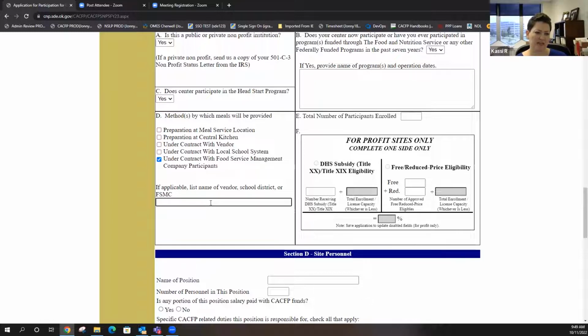On 3A, you tried to update and it states number of meals may not exceed license capacity, which is correct. So Cora, are you a school, a daycare? And you guys, I hope you're going along doing this with me as I'm rambling on, so you can ask questions like that. We can help you right now. So you're a Head Start.